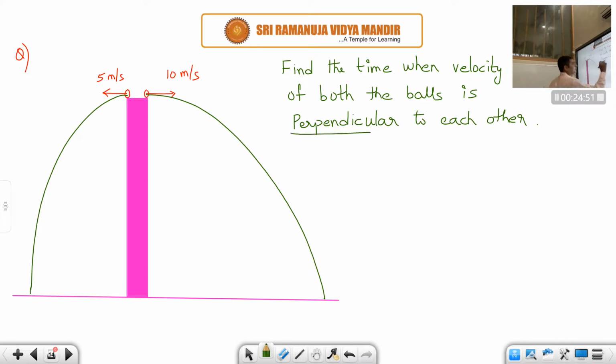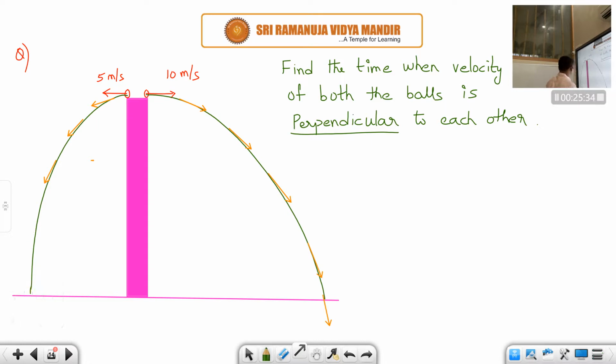So here, whenever perpendicular means, remember, dot product of two vectors. But anyway, first let us understand this question. If you observe carefully, students, this 10 meters per second ball, when it is projected, at every point its velocity changes. Its velocity means it's a tangent like this, correct? At every point if you draw the tangent, it will be like this. Same way this tangent also will change. So like this at every point it will change, correct or not?